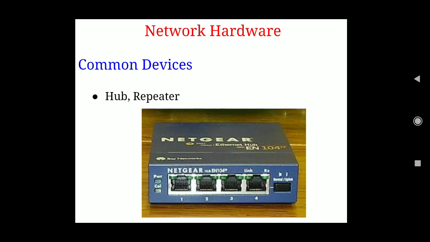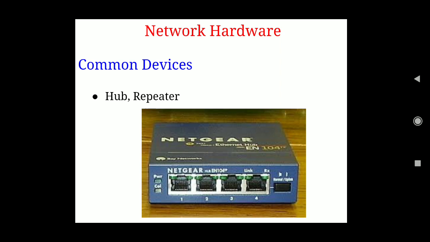The next part is the hub or repeater. Basically, this is the device which connects together most of the machines. If you think of a tree, there is a root node, and the root node is connected to the other nodes using some connections. So you can think of the hub like that root node which connects individual machines.